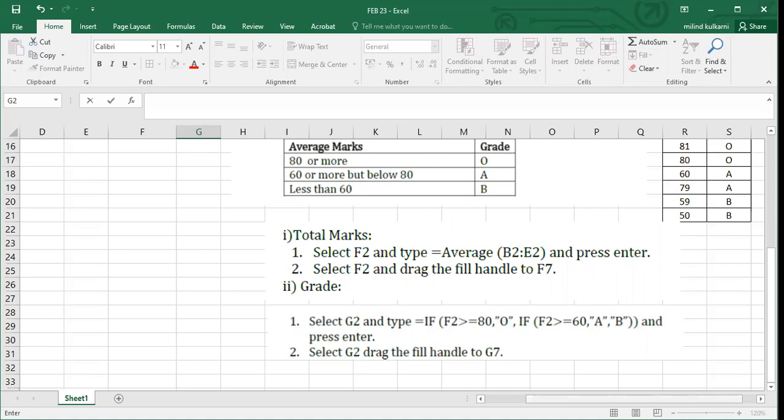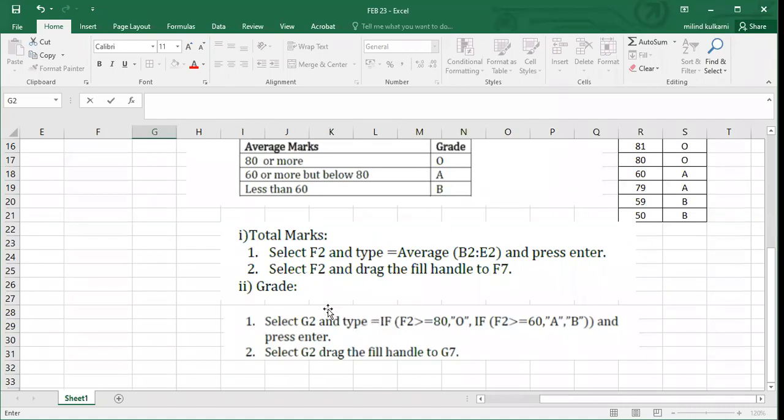See, condition number 2: if average marks is 80 or more, you get grade O. If that condition is not satisfied, the cursor goes to the next condition: if F2, because F2 indicates average marks, is greater than or equal to 60, the grade will be A. And if that condition fails, automatically the remaining grade is B.